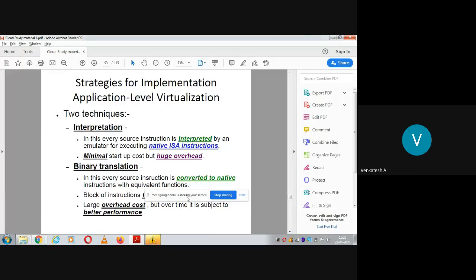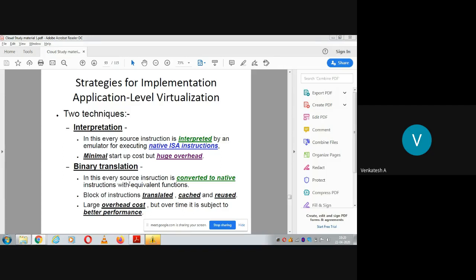Binary translation means, say for example, when your host operating system is not able to directly process the instruction, it will do some intermediate translation. We call it binary translation.